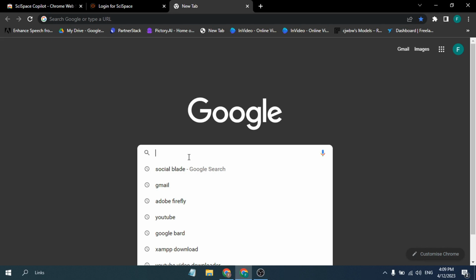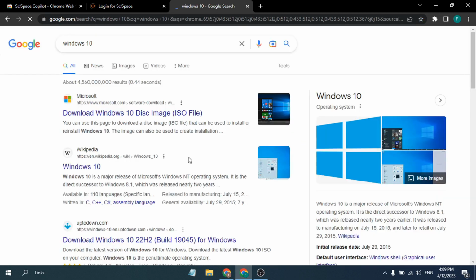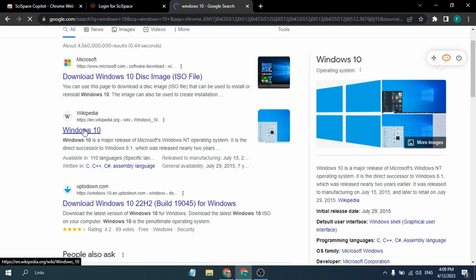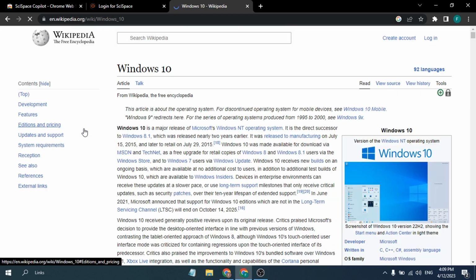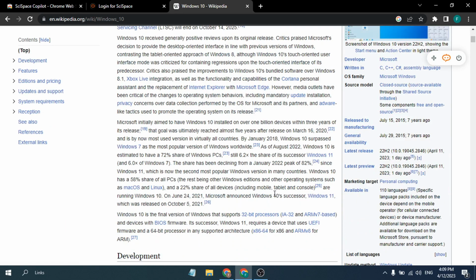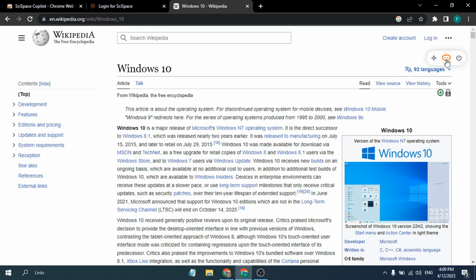And for example, let's just search anything here, and let's go to Wikipedia. As you can see, this is a very long article. In the right corner, you have the Copilot. So if I just tap on the Copilot here,